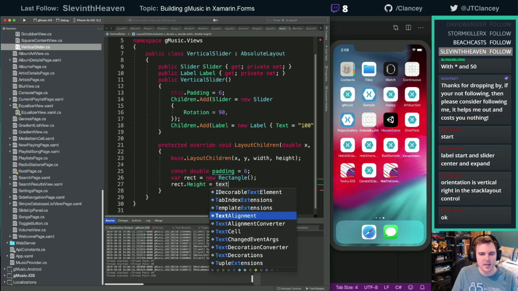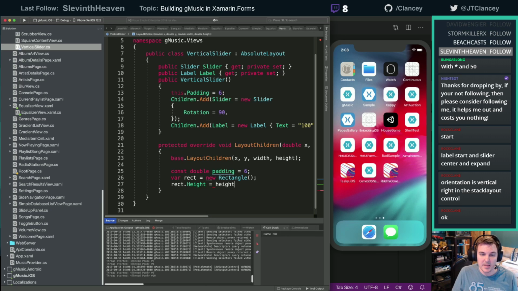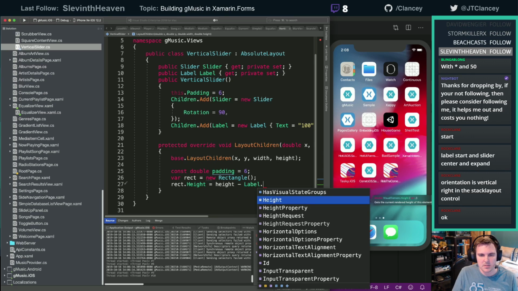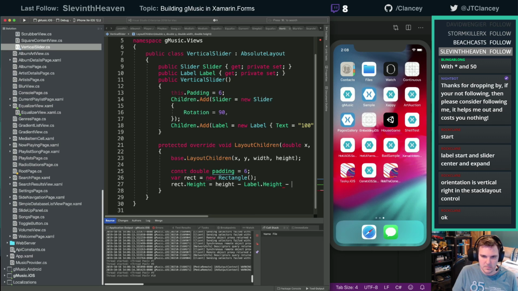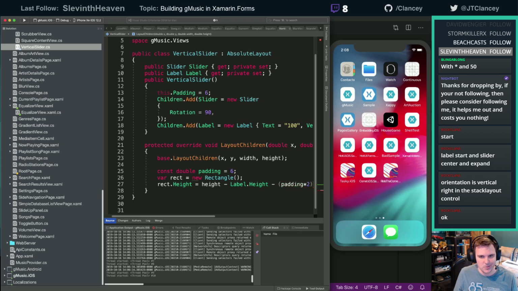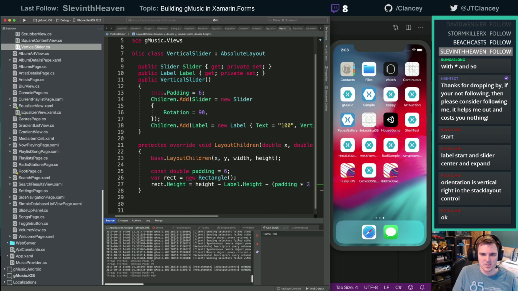I care about the incoming height minus label dot height minus, we're going to do padding times 2. Actually, we'll just do padding, and then we'll adjust the padding because I'm not going to use the padding anymore. Yeah, padding times 3.